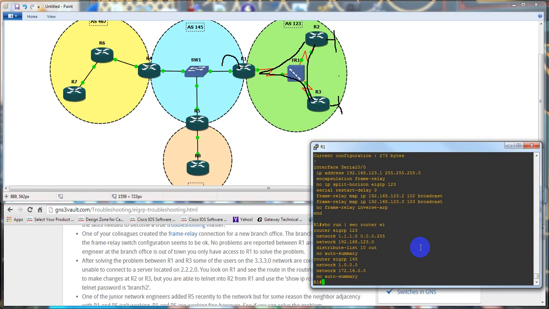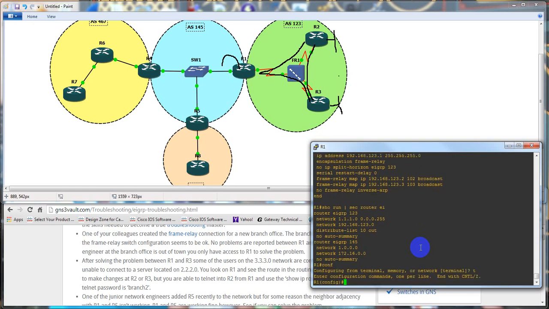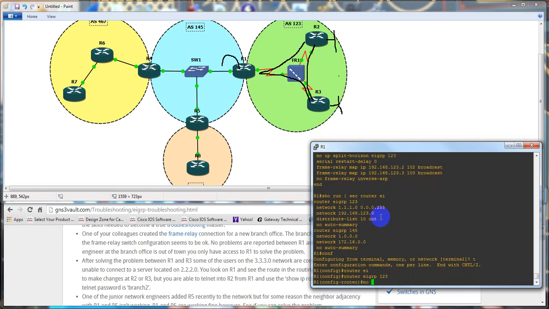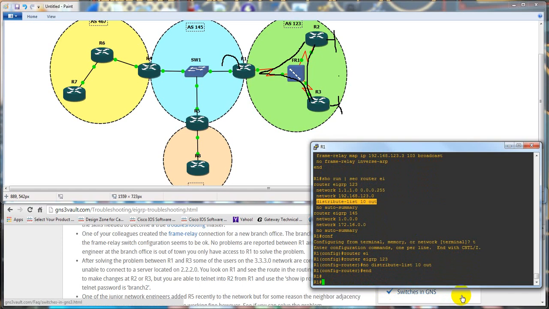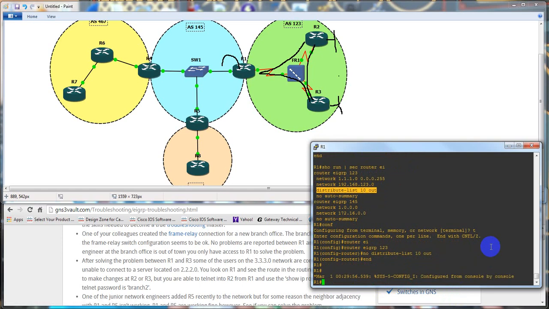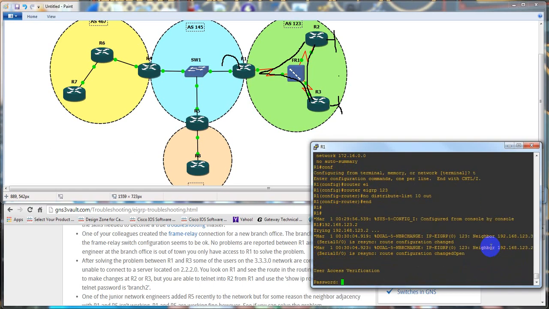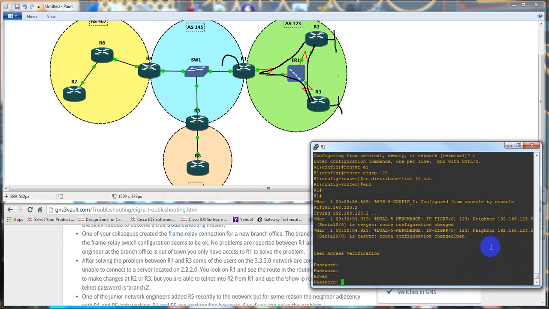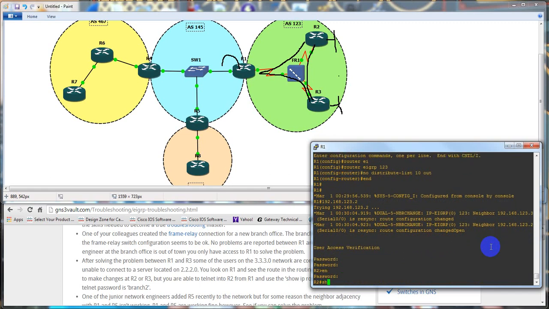So what we're actually going to do is remove that distribute list. We're going to go to router EIGRP 123 and type in no, and then we're going to say this. Even though it's permitting it, we're going to take it off. Then we can go back to R2 and telnet to 192.168.123.2. Now EIGRP just changed, and on branch 2 we enable and do a show IP route,